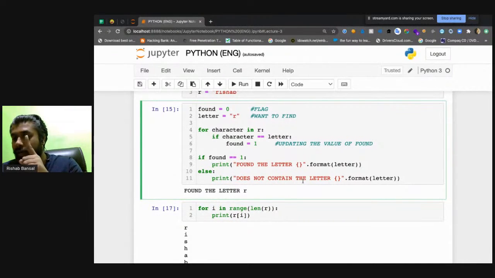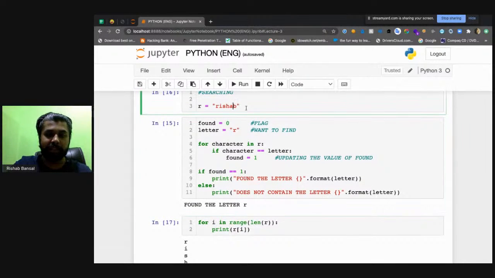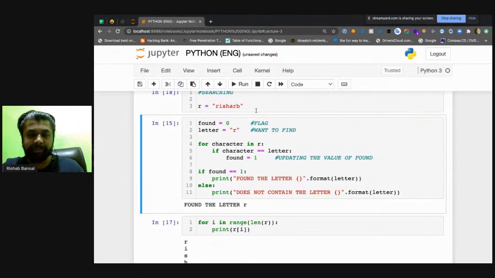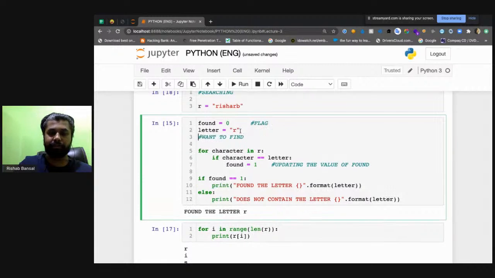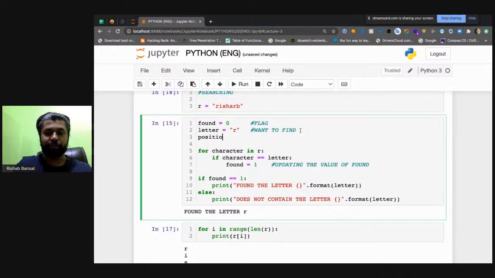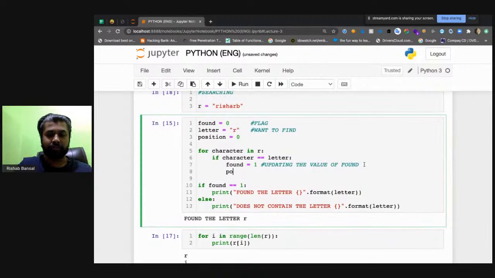Great. Okay, so coming back to Abhinav's question. Abhinav raised a very good question: let's say that my name contains one R over here also. I've changed the string, and if I run it again, and if I also make a variable here, position, and position is equal to i,